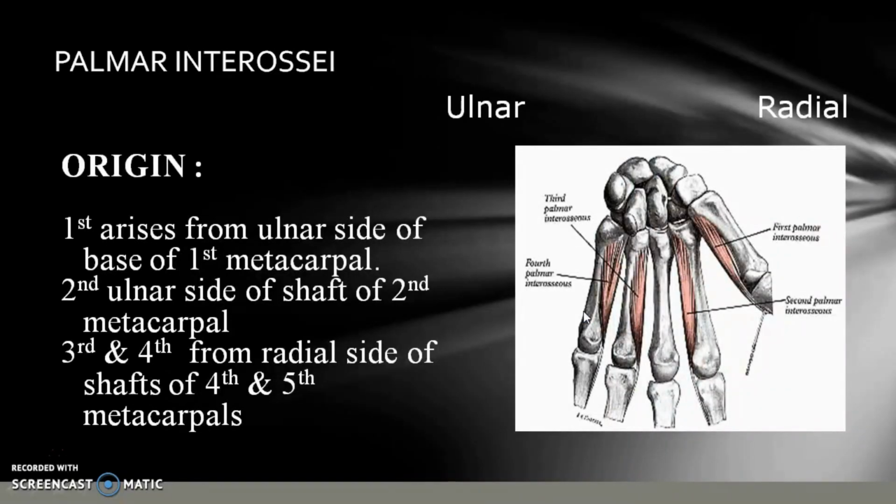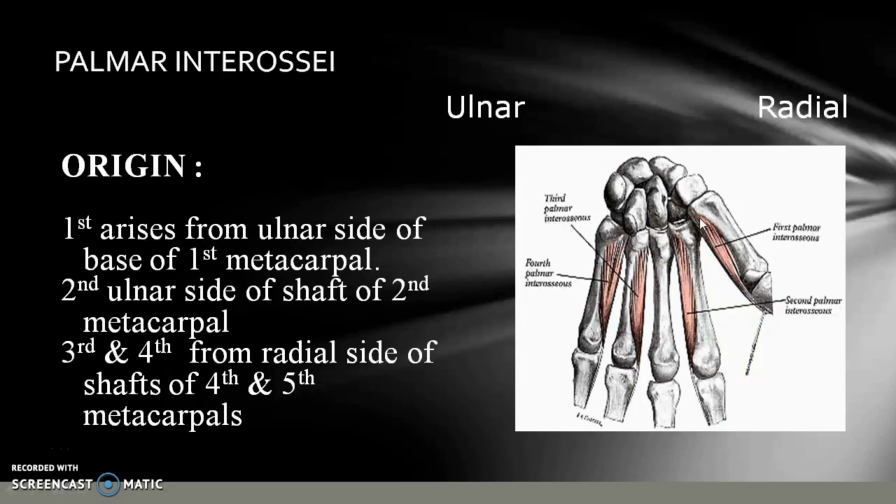Now we will move on to another muscle called palmar interossei. You know, interossei muscles are 8 in number. We divide them into palmar interossei and dorsal interossei. The first set of muscles we are going to see is the palmar interossei. The origin of the first palmar interossei is from the ulnar side of the base of the first metacarpal bone. So here you can make out the first palmar interossei taking origin from the ulnar side of the base of